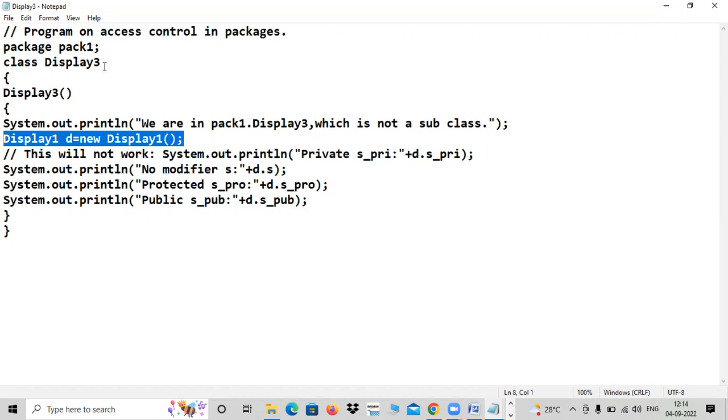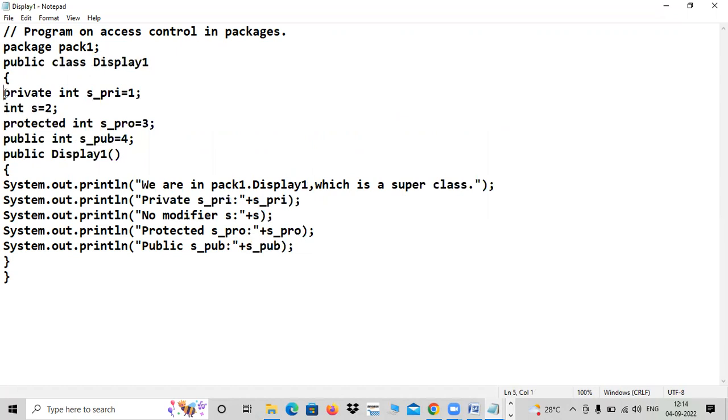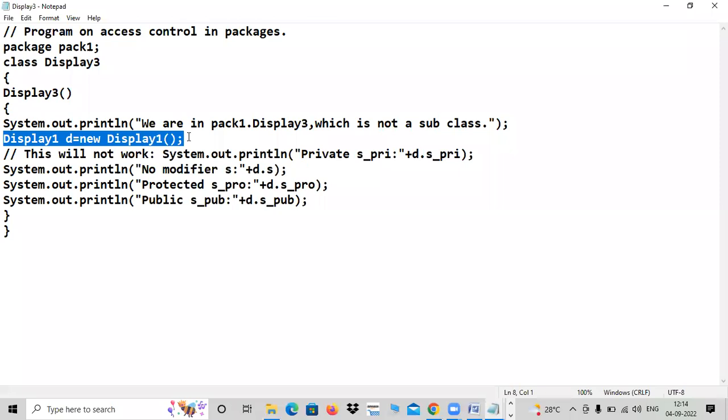So how to extract that data? All are non-static variables. See the variables in display 1. They're all non-static, static is not there. Non-static means instance variables. An object is an instance of a class. So create an object to invoke them. To display 1, I have created an object.